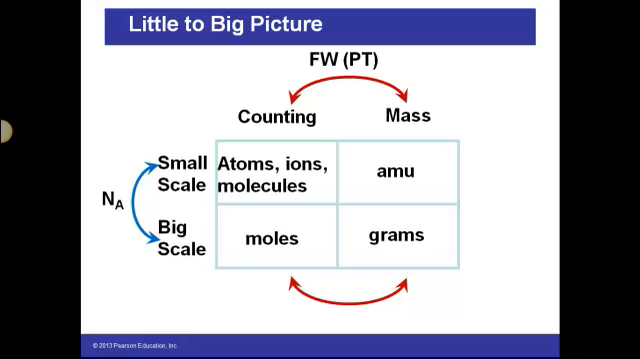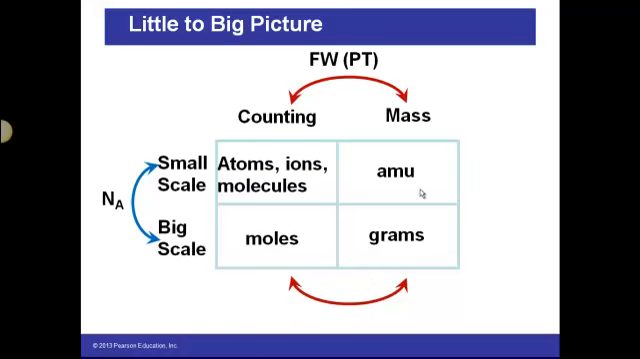So last time we talked about this conversion from going from the little to the big picture. So we have a counting system now through Avogadro's number, which is represented by N subscript A, which is 6.022 times 10 to the 23rd atoms or molecules or ions, equivalent to a single mole of that substance. And so that's going to correlate at the large scale into grams of that substance based on the atomic mass